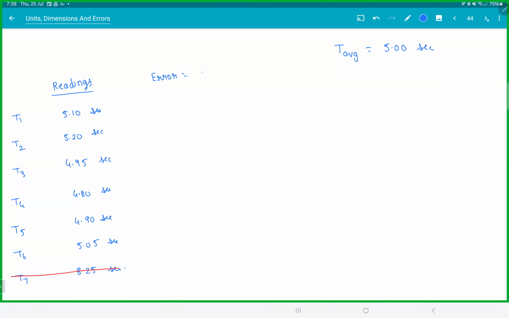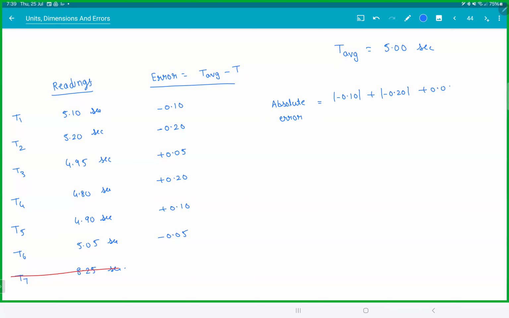Remember, error is T average minus the T. So here we have minus 0.10, minus 0.20, plus 0.05, plus 0.20, plus 0.10, minus 0.05. And then we take absolute error. Absolute error, we may always add them. So mod 0.10, 0.20, 0.05, 0.20,